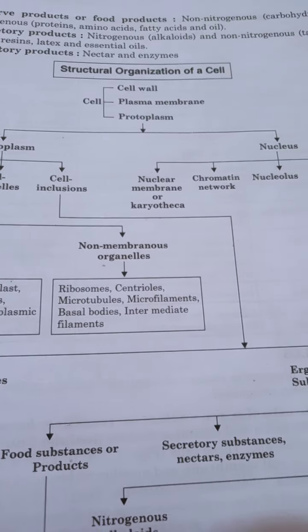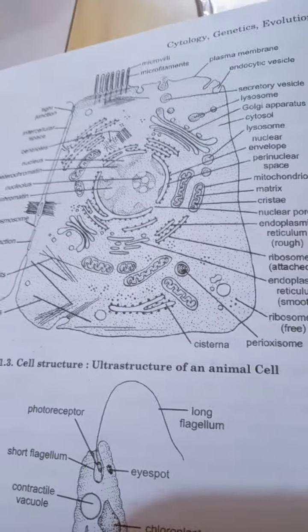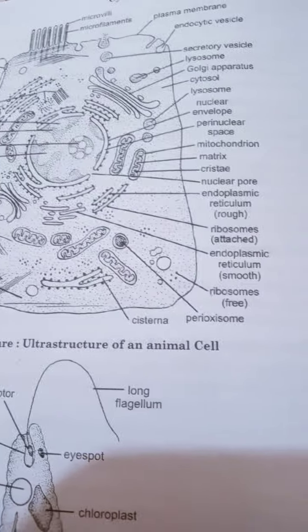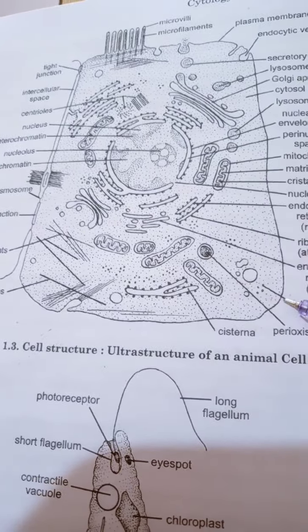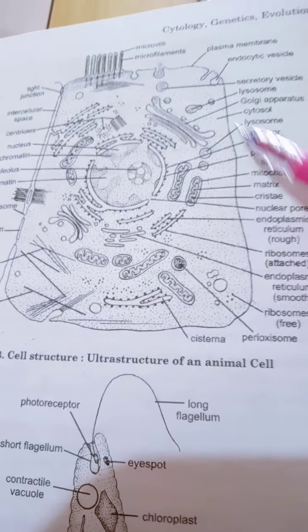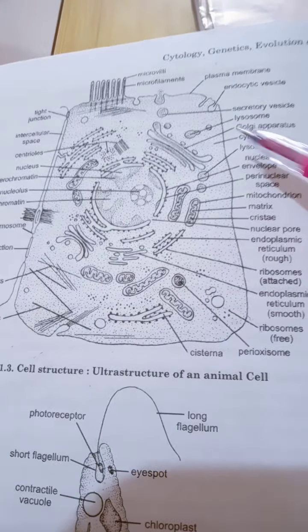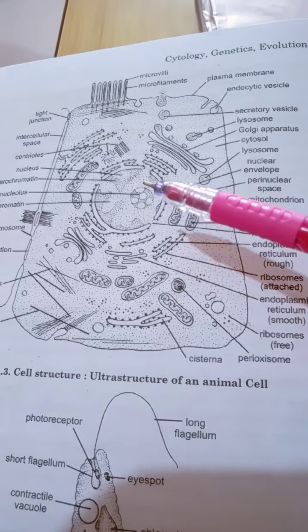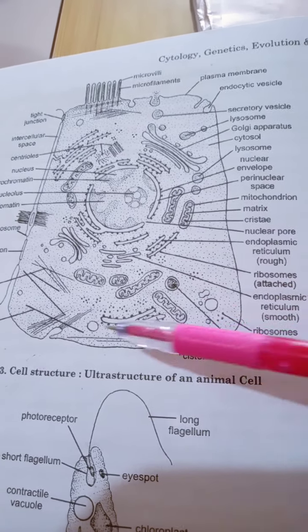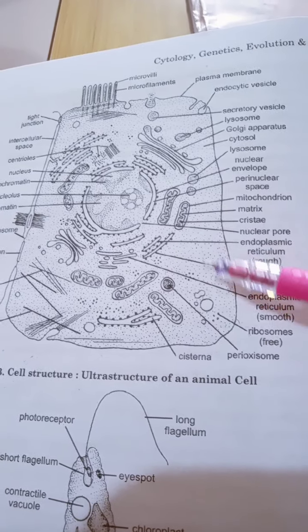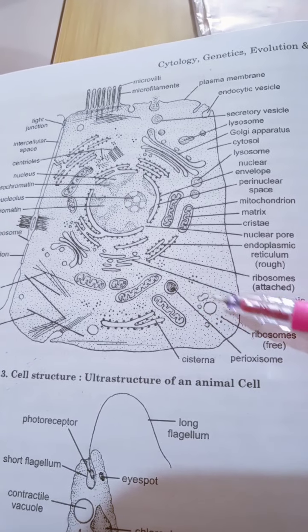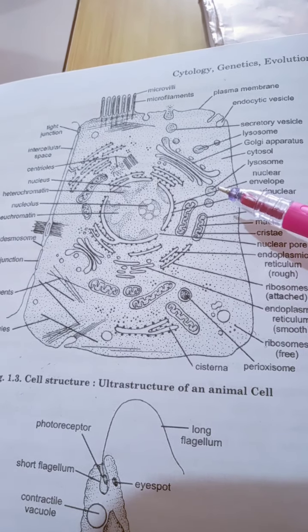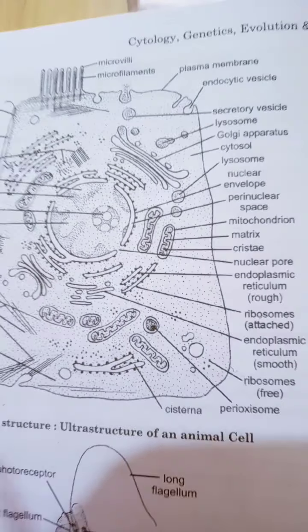So, dear student, a mature animal cell looks like this. You could see the outermost membranous structure, the plasma membrane, and inner to it, all the content is collectively known as protoplasm. Protoplasm in turn consists of nucleus plus cytoplasm, that is the matrix plus different cell organelles in case of either plant or animal cell. So this is the detailed structure of an animal cell.